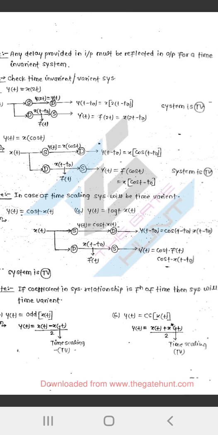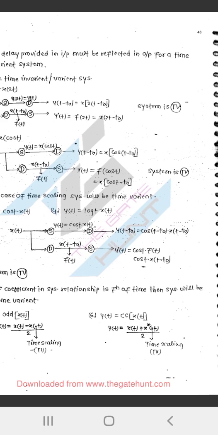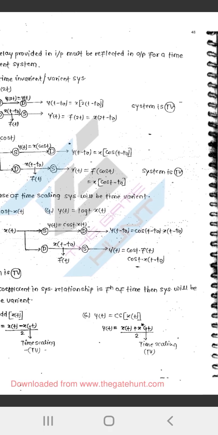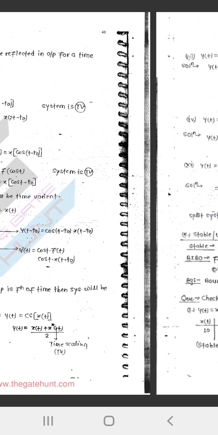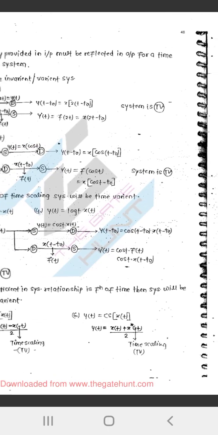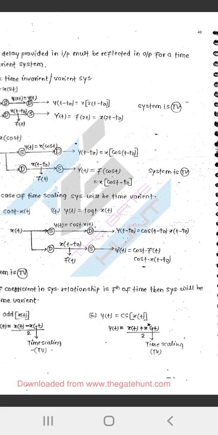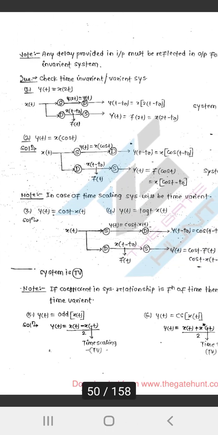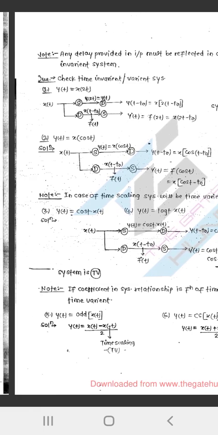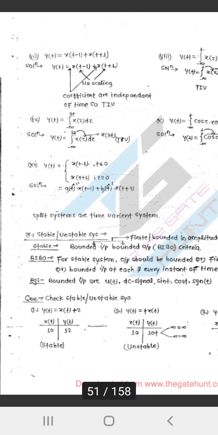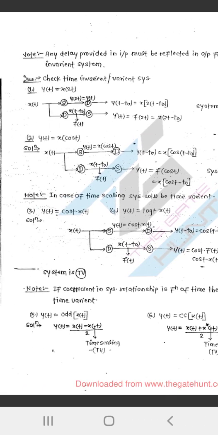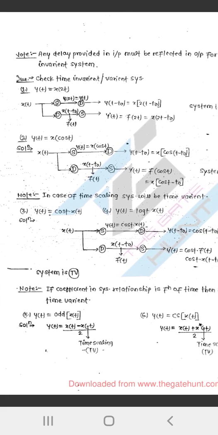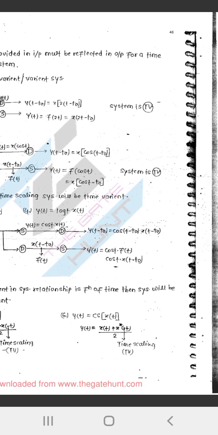cos x(t), y(t) is equal to log t x(t). cos of t x(t minus t0), cos x(t minus t0), cos(t minus t0) x(t minus t0). System is TV. If coefficient in system relationship is a function of time, then system will be time variant. Is some function of time,